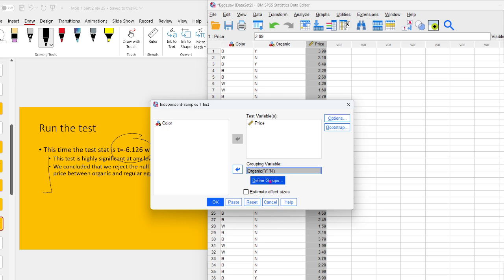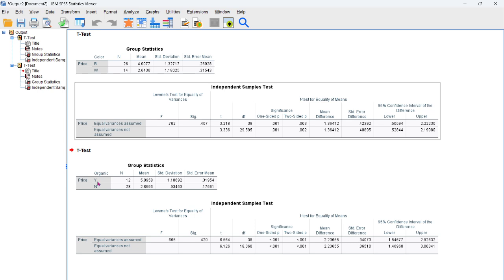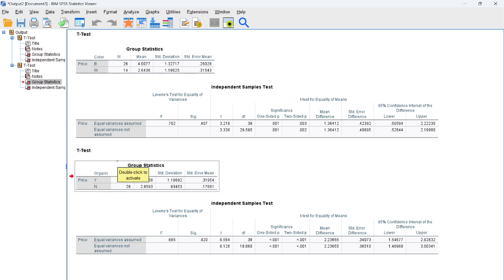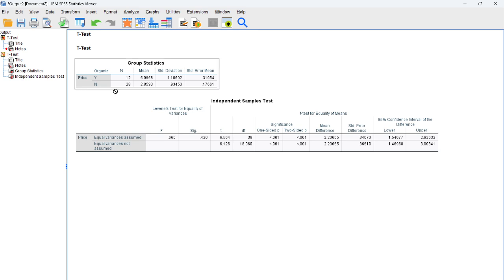If you don't define that, it's going to choke and not run it. And then hit OK. And then you're like, oh my God, look at all this stuff. So the top part again is just descriptive stats. This is the old one from the colors, so we don't need that anymore. But this is the organic and non-organic. The organic is $5.10. I think I flipped which one was first and second, but